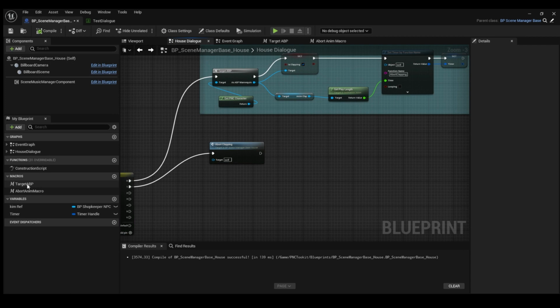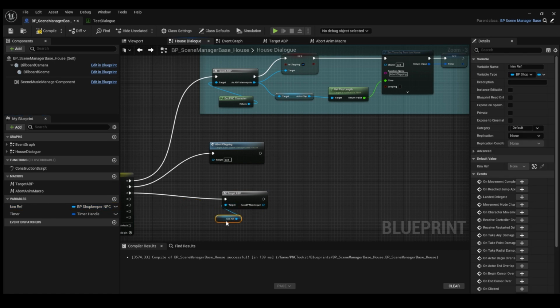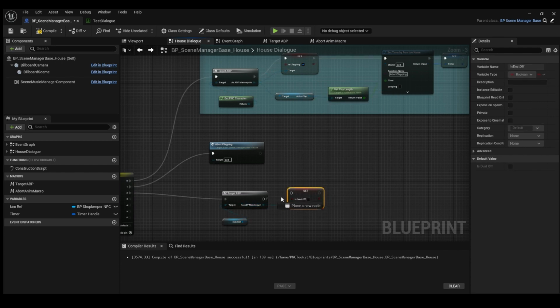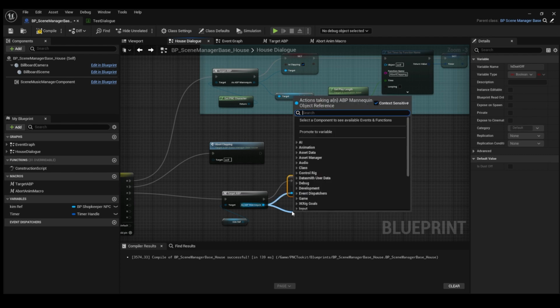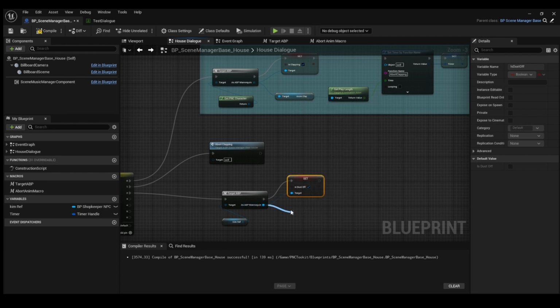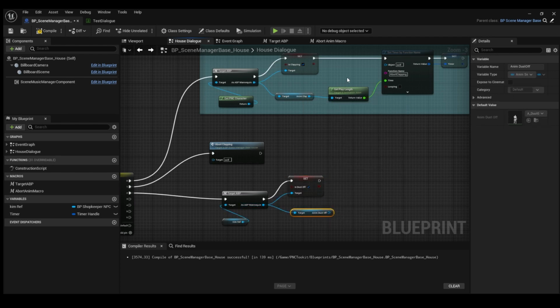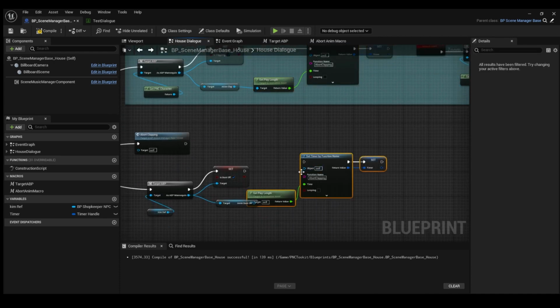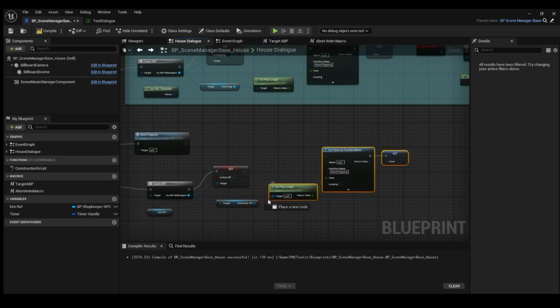And we will have another target ABP here, drag out from the second. And remember it was Kim. And we will set dust off like so. And we will also have a anim dust and a play length. And we will have these copy paste and put them here, connect it,